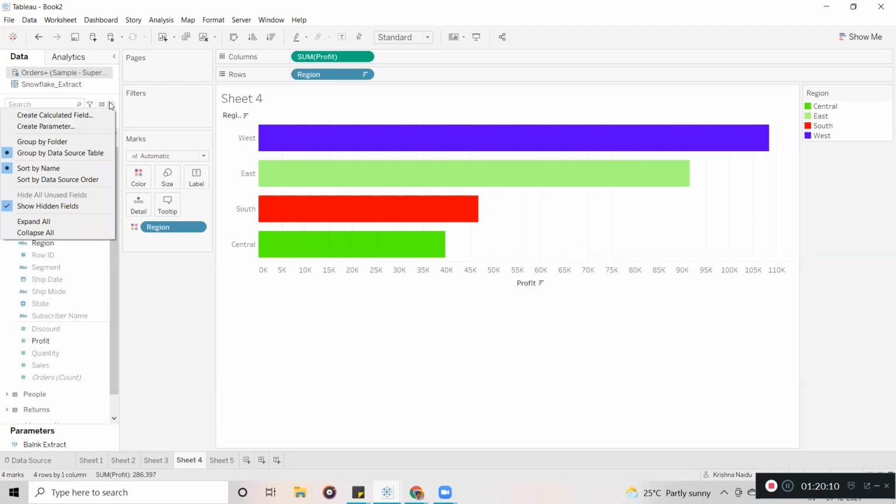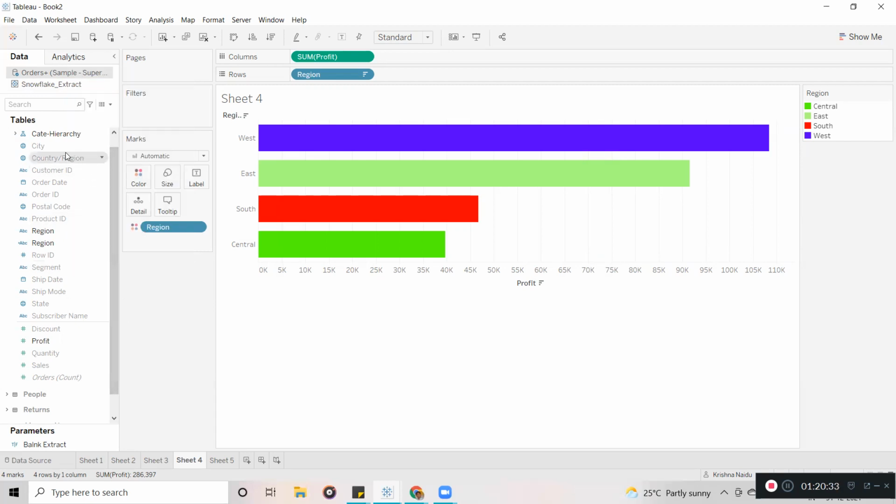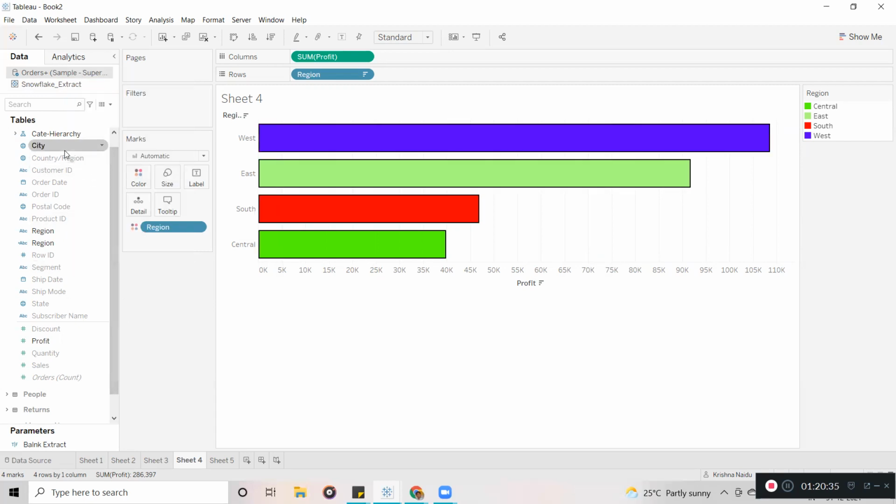Now I'm not sure how we can unhide everything, so let me see any other option. Let me select all, Control A. Oh, it's not going to work.